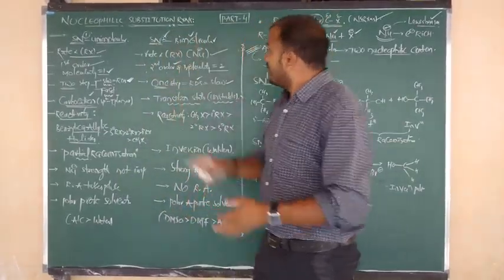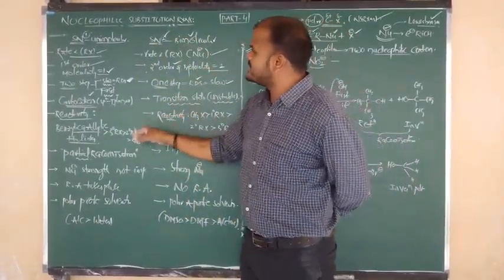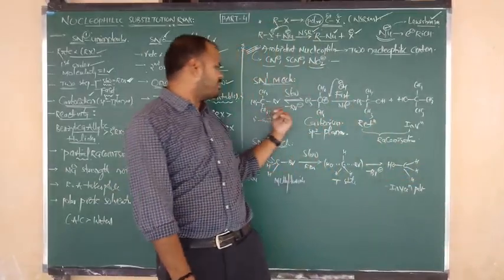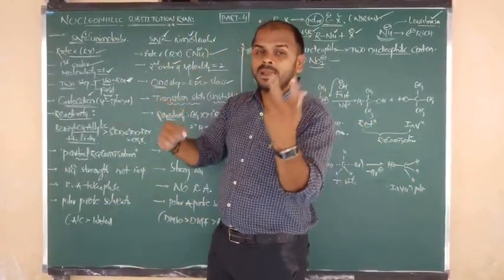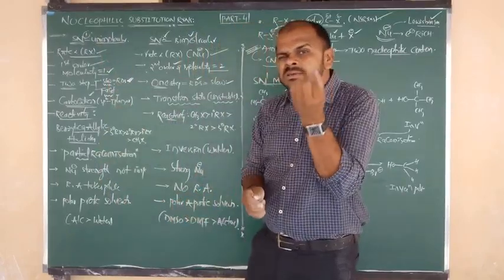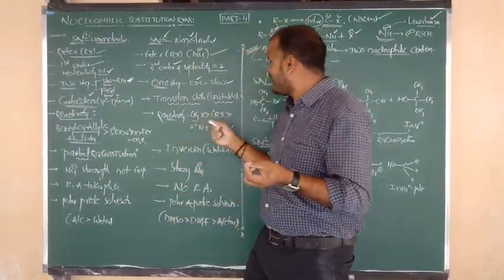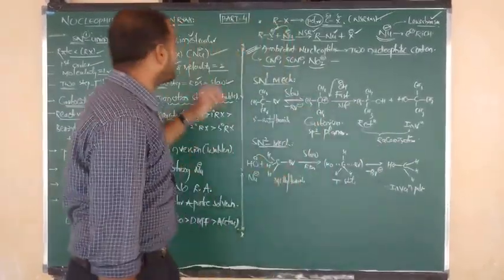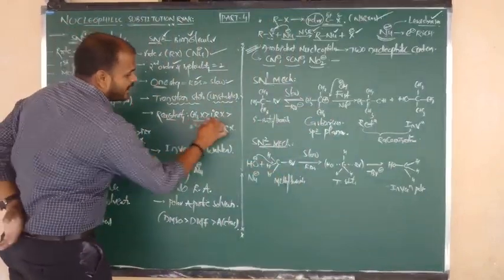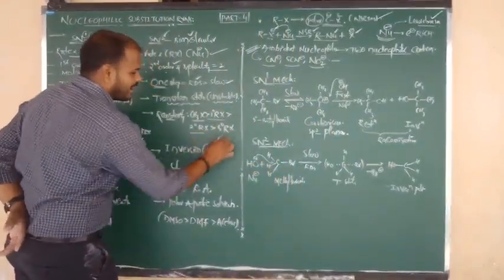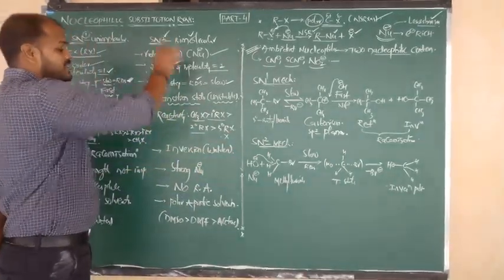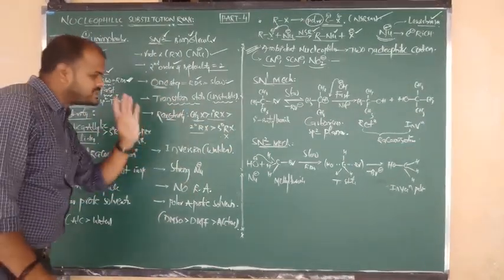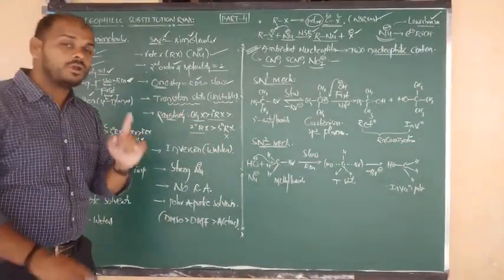Good. SN2 now. In SN2 reaction, the reactivity is quite opposite to the first one. Bulky, sterically hindered compounds, especially like tertiary butyl bromide, are reactive for SN1, and simple alkyl halides like methyl halide and primary alkyl halide are more reactive for SN2. So what is the reactivity order of alkyl halides in SN2? Methyl halide, primary alkyl halide, secondary alkyl halide, and the least reactive alkyl halide in SN2 is tertiary. The least reactive alkyl halide in SN1 is methyl halide. Quite the opposite thing is here. Special case: benzylic and allylic due to carbocation.